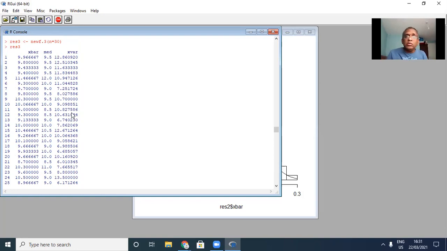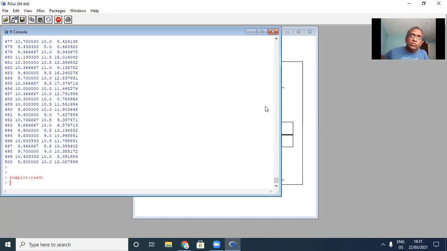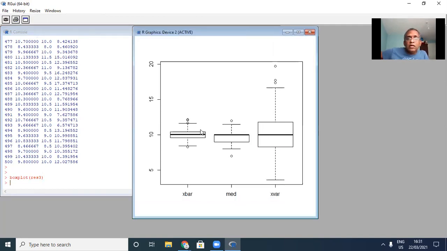So if you want to compare them, you can do, for example, histograms, or if you want, you can do a box plot. So suppose one way to compare this data is just to do a box plot of res3, and this is what you will get. See, there are three boxes. The first box plot corresponds to the sample means, and the second box plot,